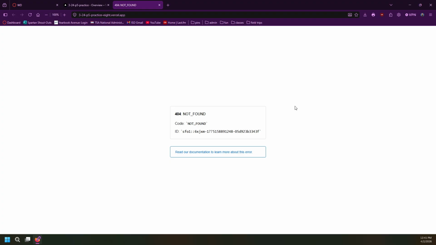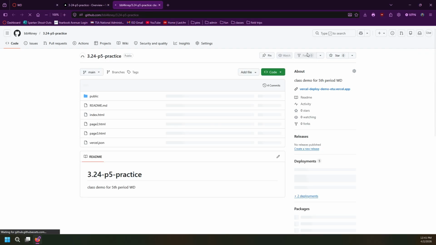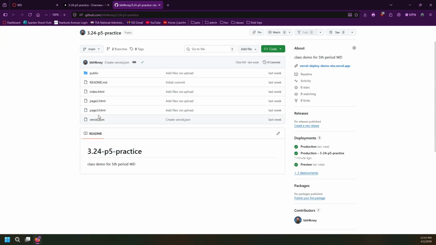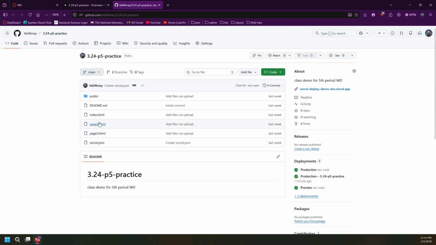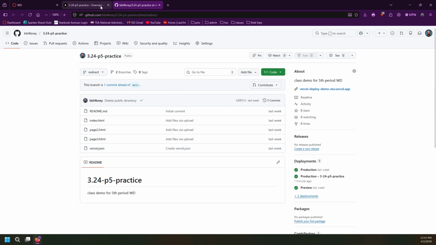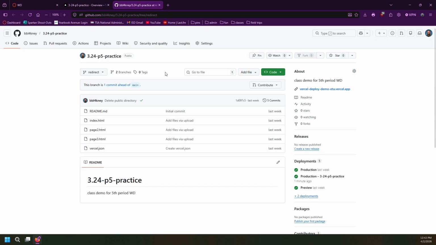You can click on this button right here that says repository. That's going to take me directly to the bucket that contains all of my code. For example, it looks very similar to my VS Code, right? With my index.html, my public folder, my vercel.json that was working just a second ago. Do I have a branch for this? I think we have the redirect branch, which was without the public directory. Let me try something real quick. I should be able to,